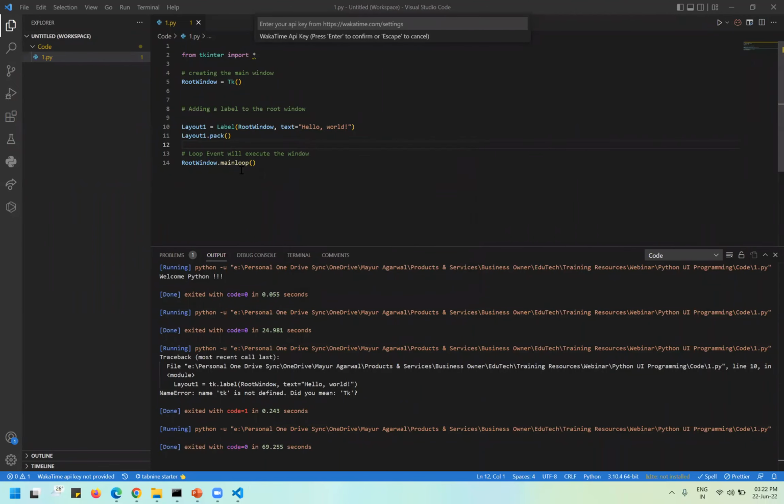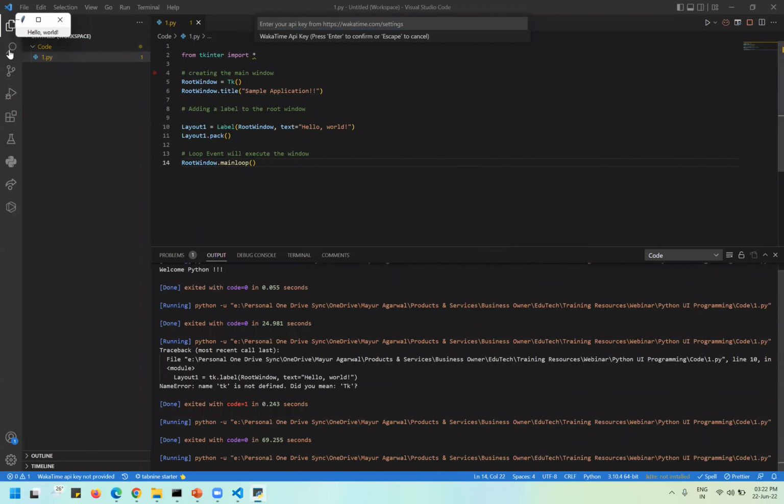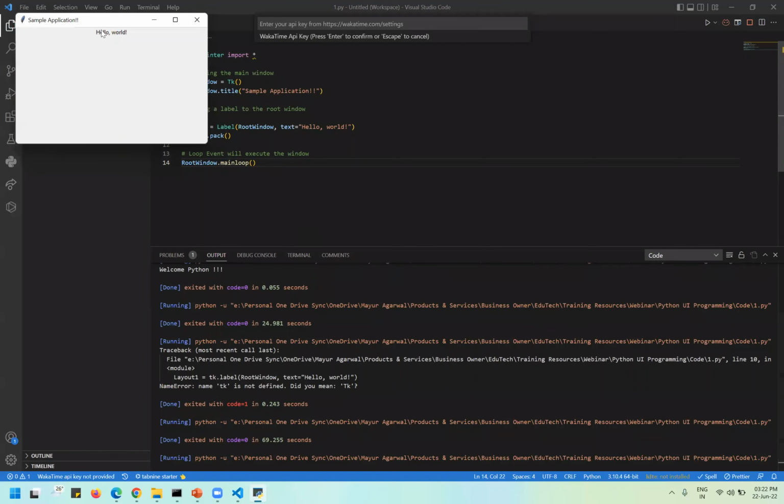Okay, so now let's talk a few more things about the root window. So we'll go step by step. Well, you don't need to worry about what is pack or what is the layout, what exactly all these things, right? So we would be doing all of this step by step. So now once we have added a root window, let's suppose I wanted to add a title to the application. So I'll just type root window dot title, and in that I would be passing the title. Sample application. Now if I run the code, you see that this application has a title in it as sample